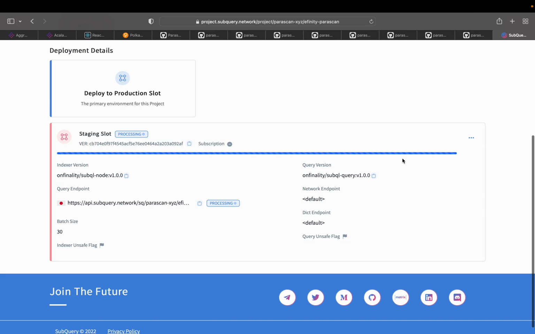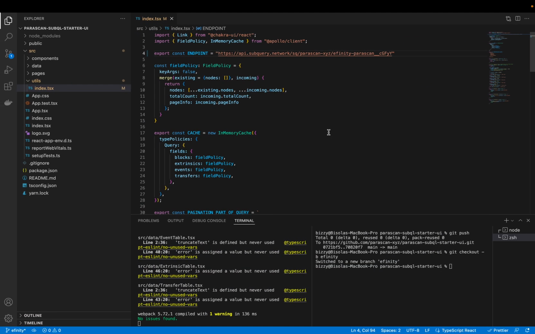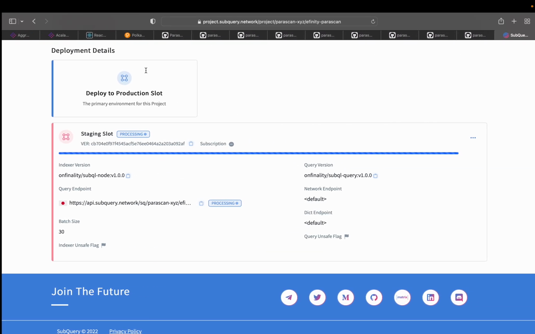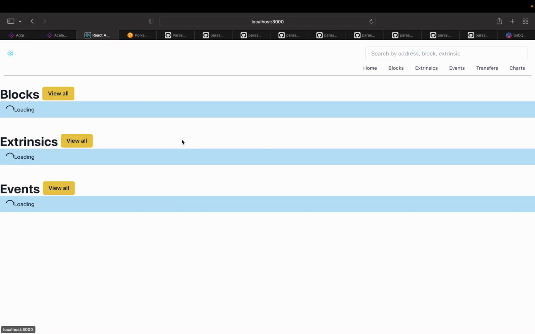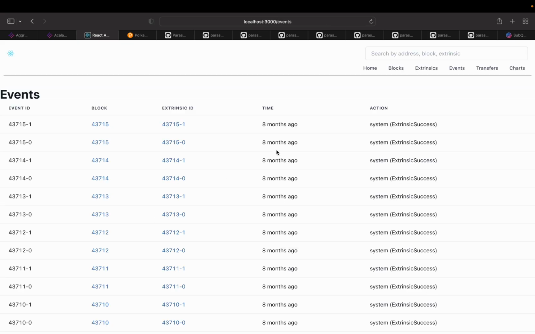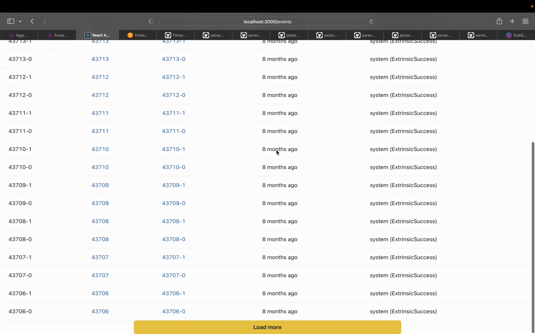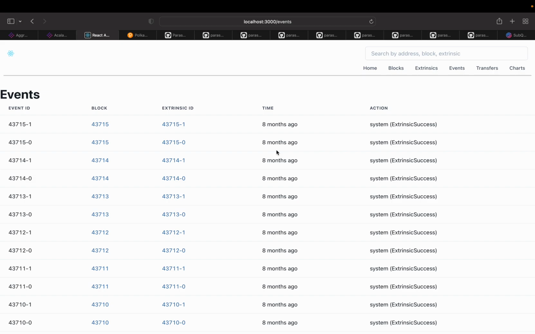So let's check our data is still processing. It will take a while, but when it's done, just like the basilisk, it would give us everything we want. We can check from the root, view blocks, view extrinsics, we can view all events, and there are some things. Some of the ways you can also improve this UI is to add filters such as system extrinsic success,